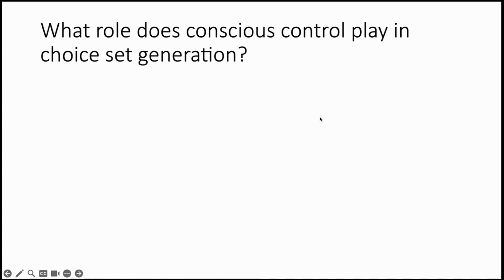Okay, so we can now, I think at the end, just think about what kind of predictions or what kind of role we think conscious control might play in option generation. And I think there are at least two different ways you might think the neural evidence is going to turn out. So one possibility is that the brain areas we're going to see particularly activated in these cases where you're having to use conscious control to guide option generation, they're going to play a role of basically overriding